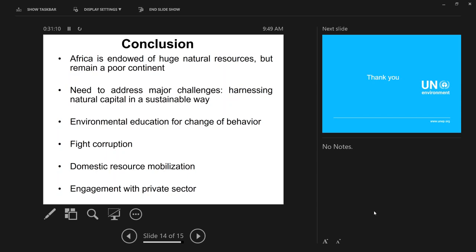UN Environment is providing technical and financial support to the implementation of the Bamako Convention through its secretariat. And we have just held the second Conference of the Parties to the Bamako Convention, where it is noteworthy that African ministers reaffirmed and renewed their commitment toward a pollution-free Africa through their support to the implementation of the